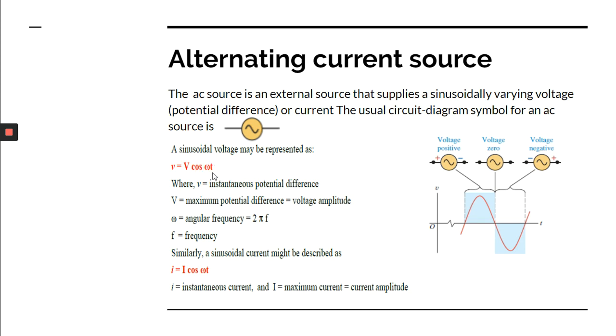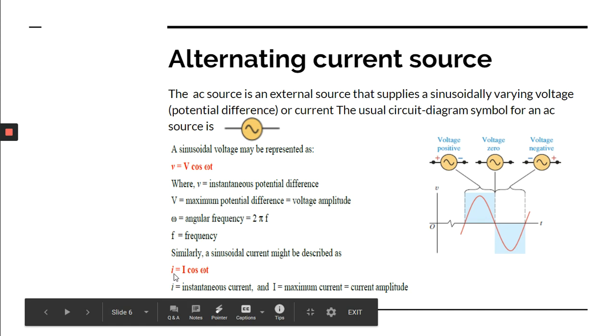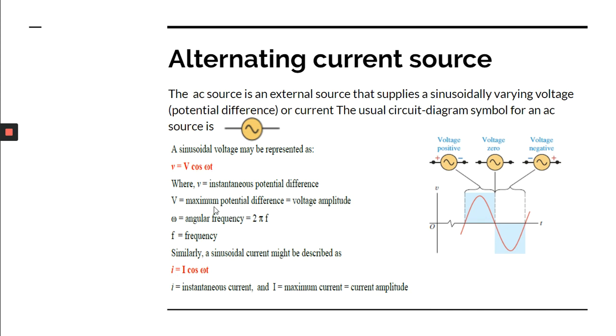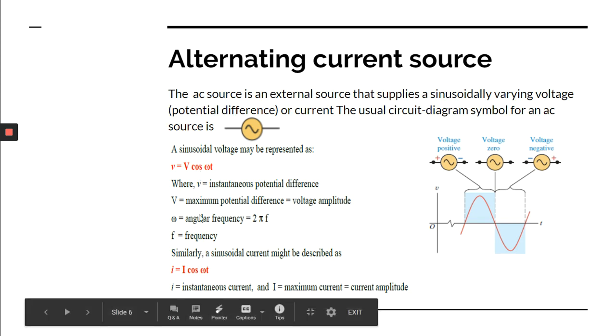Likewise here, when it is represented as cos omega t, when omega t equal to 0 you know that the voltage is maximum. Omega t is pi by 2 means the voltage is 0. So your omega t says how the voltage varies. And if you represent current as I cos omega t, and also voltage as V cos omega t, then you can say that current and voltage are both in phase with each other.